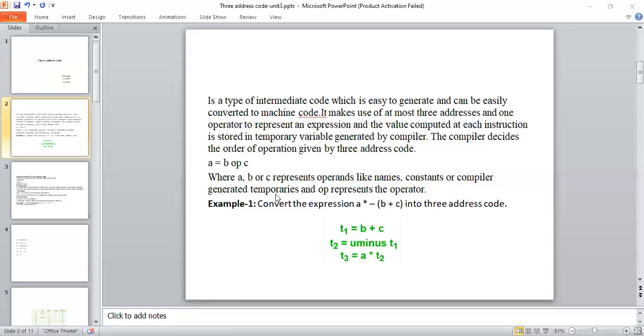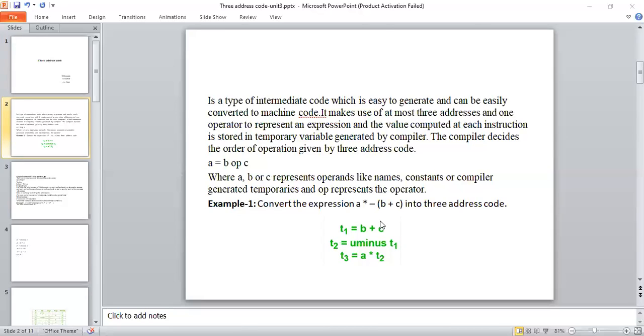Now we'll observe how to construct the three address code for an expression.